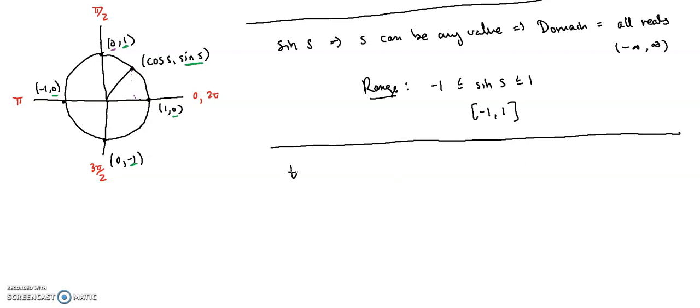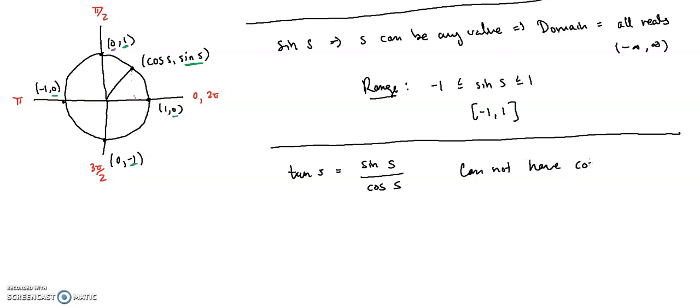So tangent is going to be equal to sine over cosine. We talked about that in the last video. And if we want to know the domain for tangent, we can look at the domain for sine and cosine. So the domain for sine is all reals. We can put anything in there. The domain for cosine is all reals. We can put anything in there. But the domain for tangent altogether, we can't put anything in because we have to worry about zeros in the denominator. So because it's a fraction,